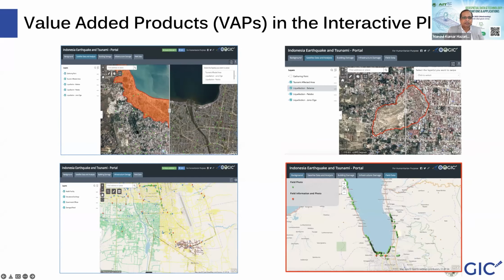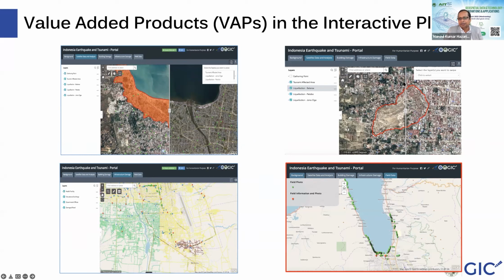The satellite data that came to us, we processed, and you can see this is one platform we have created. These products we call value-added products, or VAP, and you see this is a tsunami affected area here.